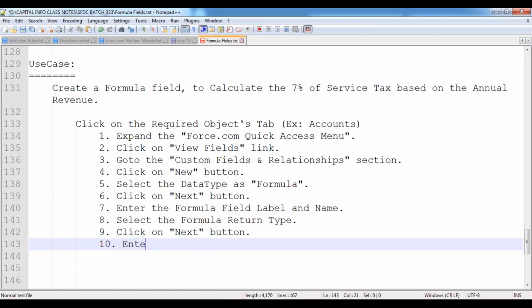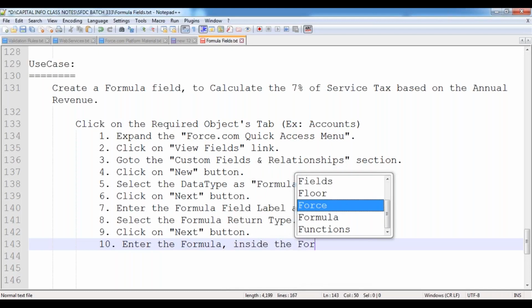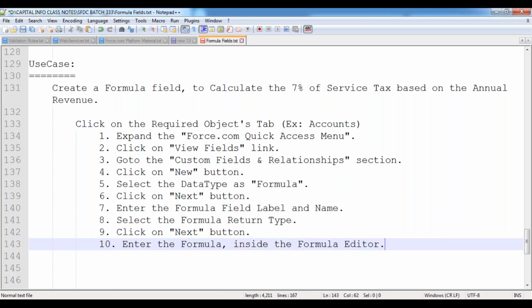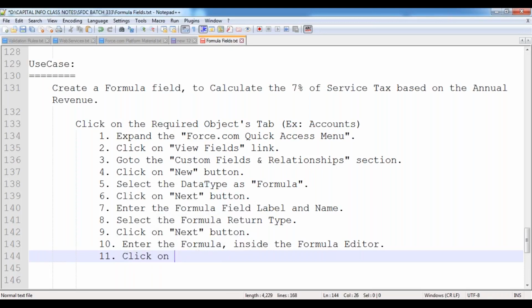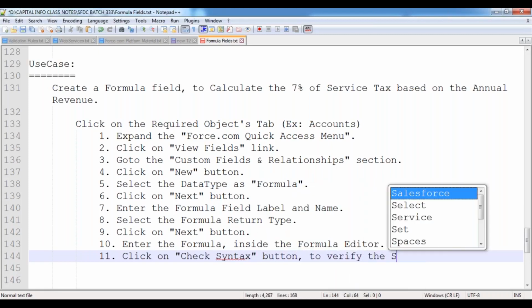Enter the formula inside the formula editor. Click on the Check Syntax button to verify the syntax.